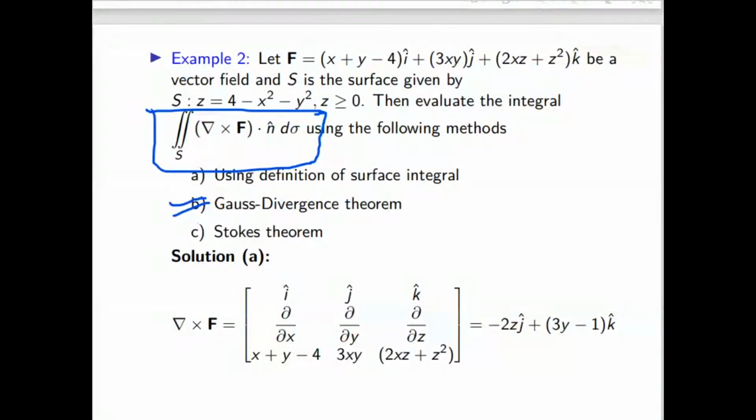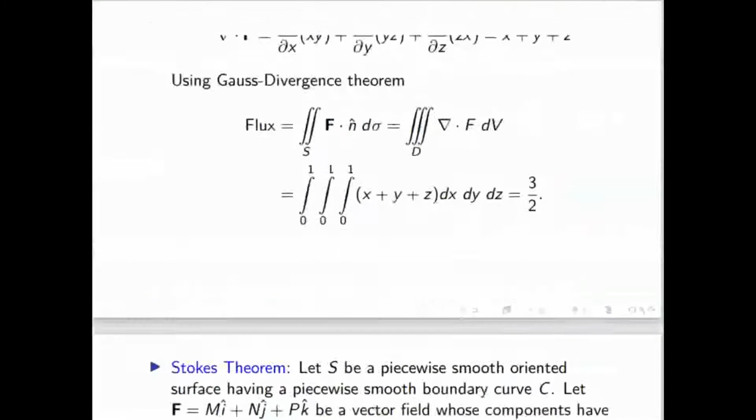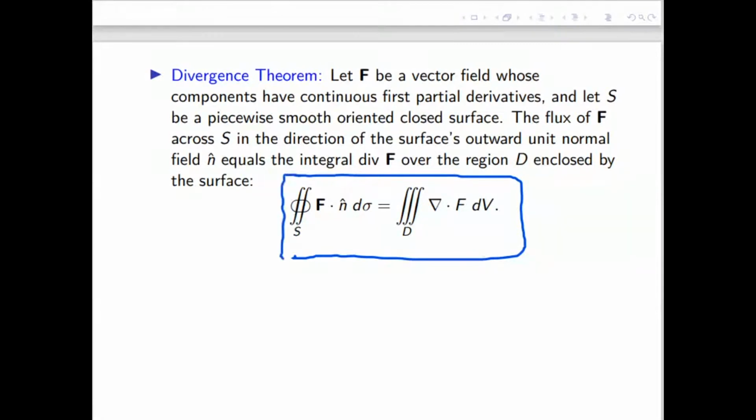So first I will write what is the Gauss statement, and then we will apply Gauss divergence theorem in order to get this. Gauss divergence theorem is the relation of surface integral with the triple integral. This is the statement for Gauss divergence theorem. This surface integral f dot n cap d sigma is the same as this triple integral, and that region is bounded by this surface. T is the volume bounded by this surface S. So we'll use this one. And this circle sign represents that this surface is a closed surface.